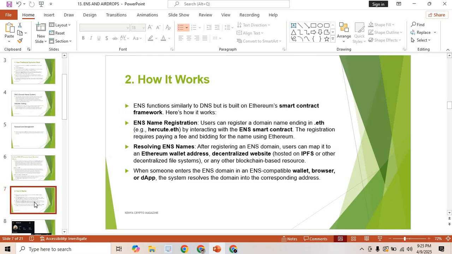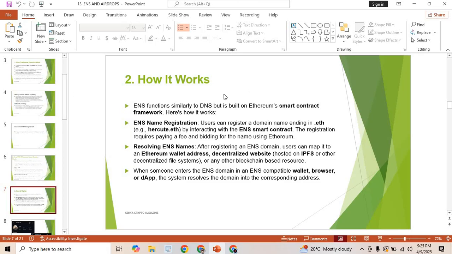And in comparison, the ENS will convert your long 16 hexadecimal address to something you can remember quite easily. Number two is what Thomas has mentioned. The ENS is based on the Ethereum ecosystem, but with the DNS, you can buy domain names from different companies, but they work together with the ICANN. And the last one, which is the most important difference, is that the DNS is centralized, but the ENS is decentralized.